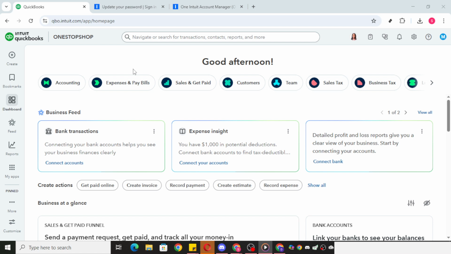First, begin by opening the QuickBooks website. You can do this by navigating to your web browser and entering the QuickBooks URL. Log in with your credentials if you haven't already. Remember, having your financial data backed by a reliable software like QuickBooks can help you maintain clarity and accuracy in